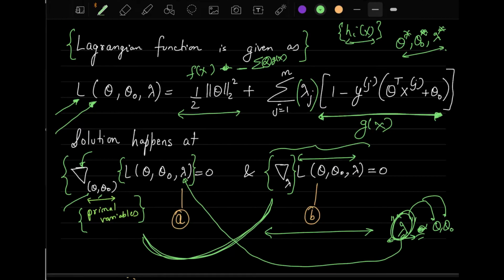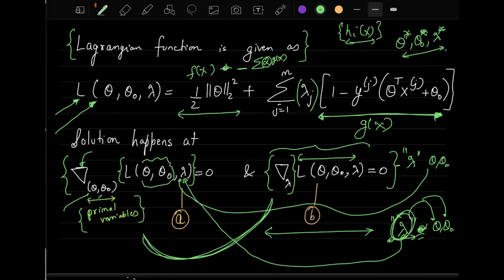So, sir, theta and theta 0 are primal, so lambda should be the dual of that, right? Yes, it's the dual one. Okay. We will come to that also once we move to the slides, but keep this in mind. The way you will solve this will be in this format. You will get some solution of lambda, which is the dual variable, in terms of theta and theta 0, and then you use this dual variable back in the primal space and calculate these primal variables.